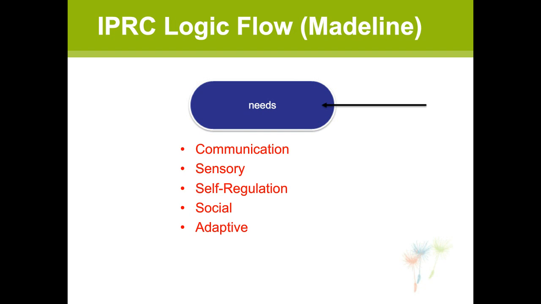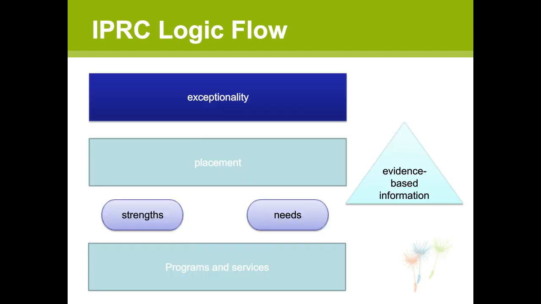So sort of rising back and looking at the entire model, the entire logic flow model, we've been talking about evidence and how it leads into needs. I want to briefly talk about exceptionality, and I'll even mention placement. For purposes of this presentation, beyond this presentation, there is a lot of good reasons to talk about placement, but I don't think we need to right now. And around exceptionality, generally that doesn't come up. I'm doing this for Autism Ontario. The vast majority of people have a diagnosis of ASD.